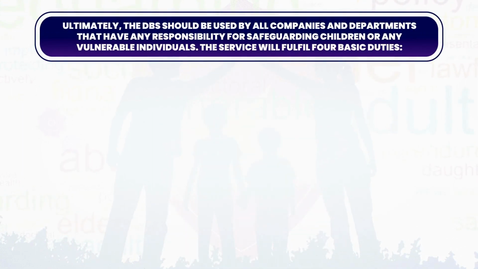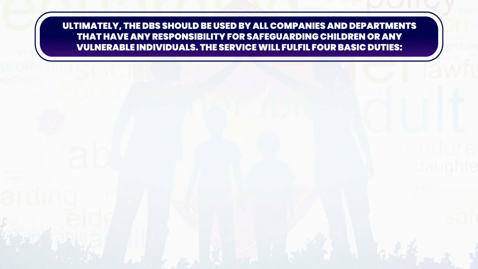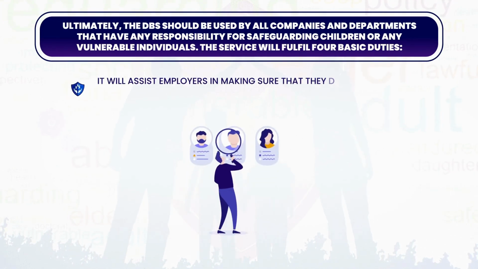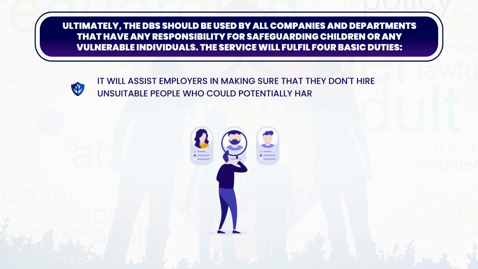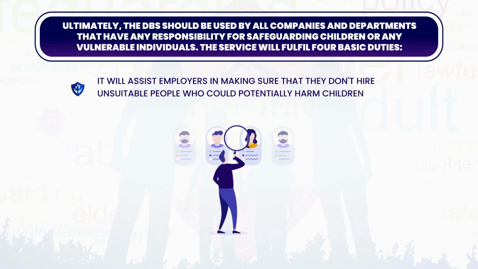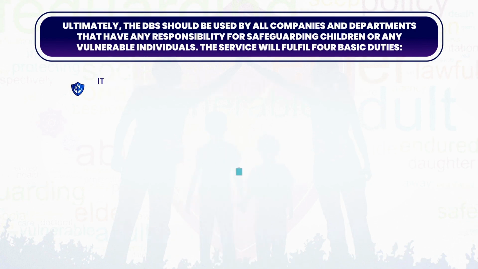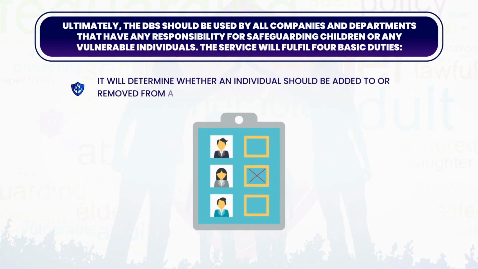Ultimately, the DBS should be used by all companies and departments that have any responsibility for safeguarding children or any vulnerable individuals. The service will fulfil 4 basic duties. It will assist employers in making sure that they don't hire unsuitable people who could potentially harm children. It will determine whether an individual should be added to